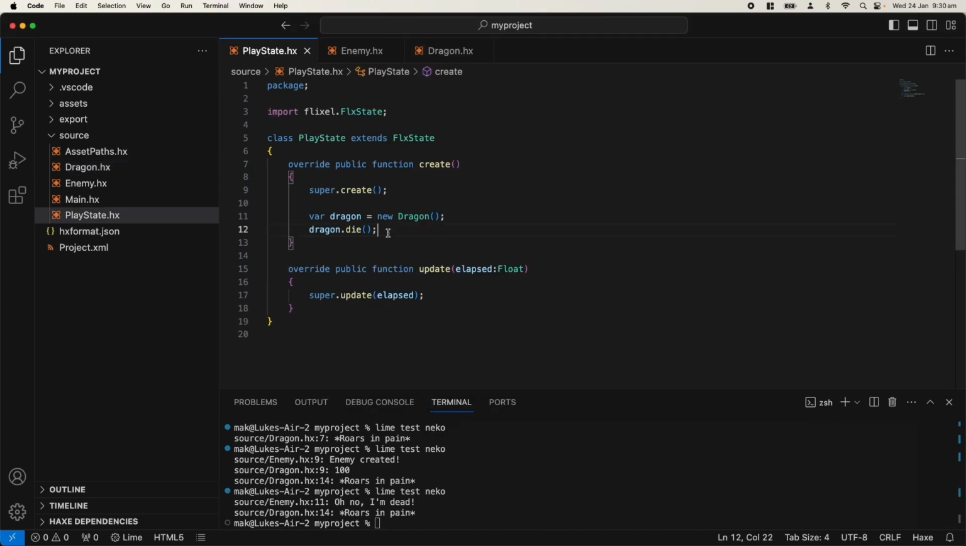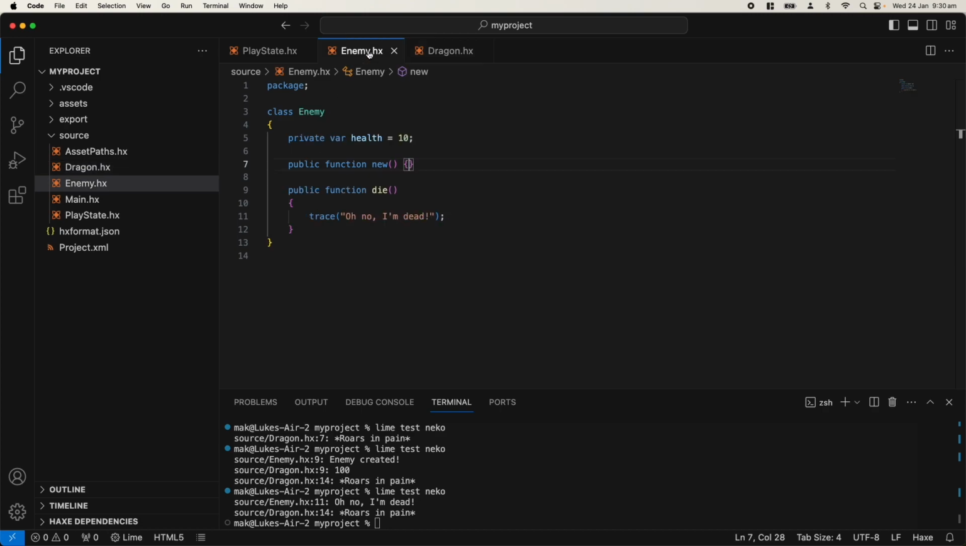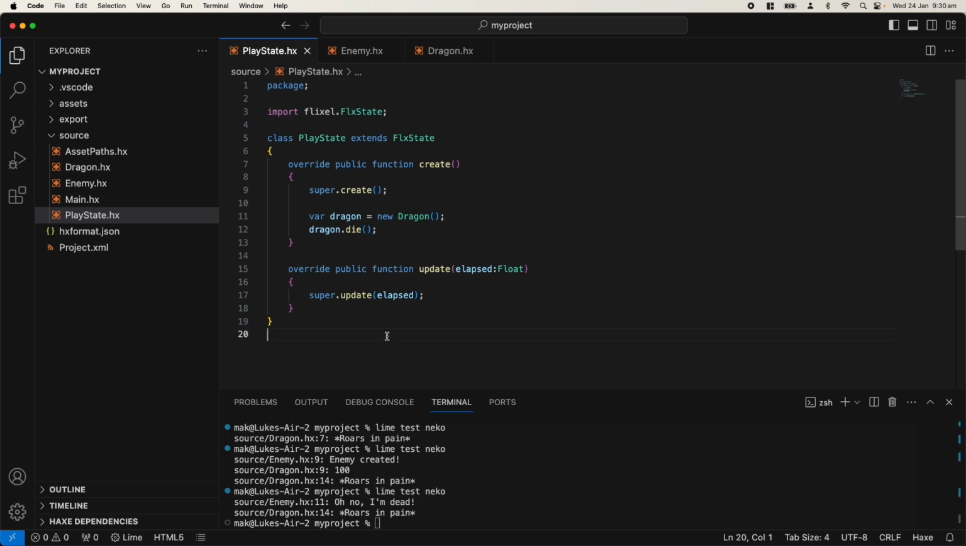So what's happening is when we call dragon.die, the code goes to this function. It calls super.die, which goes over to the enemy and calls this function. Then it comes back and traces roars in pain. That is basically inheritance. Once again, I'd like to go over PlayState, because PlayState, as you can see, uses a